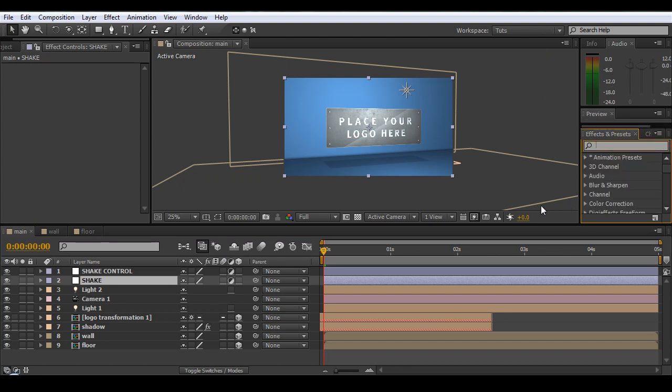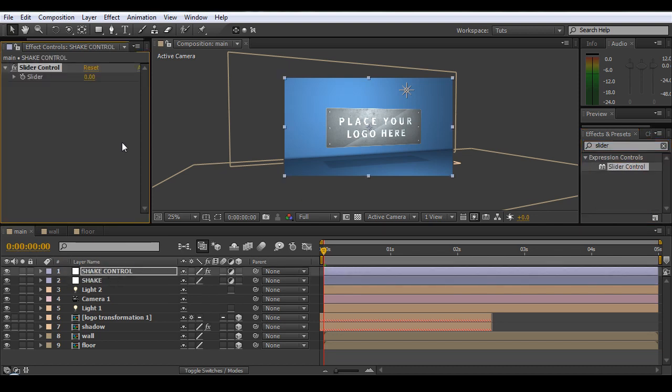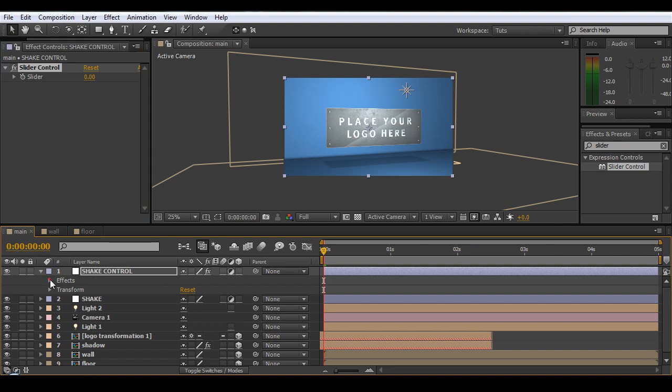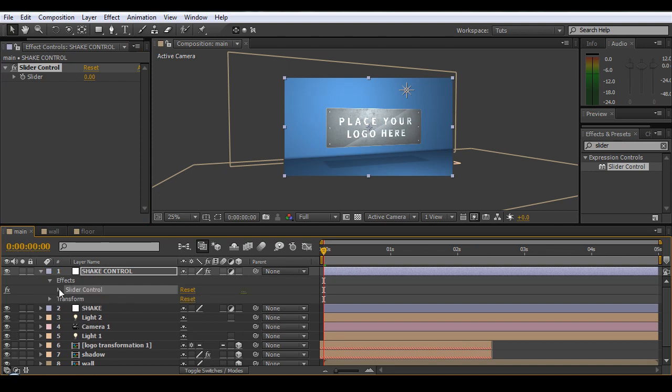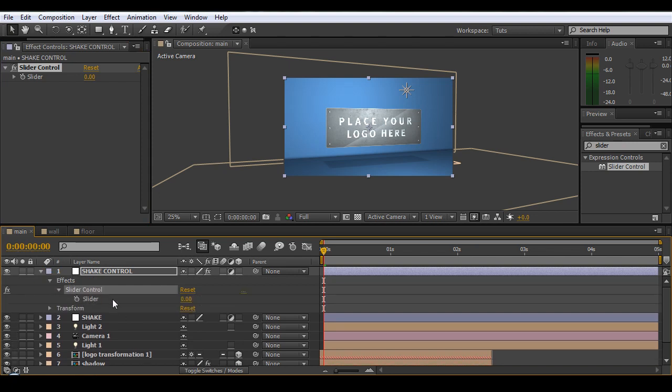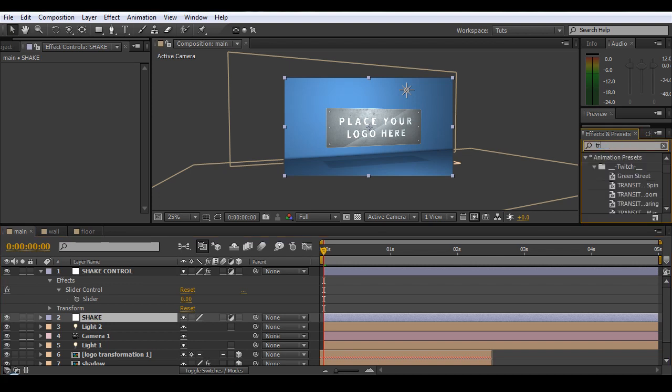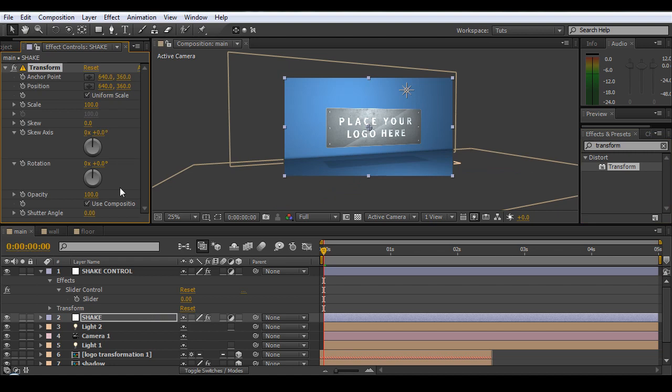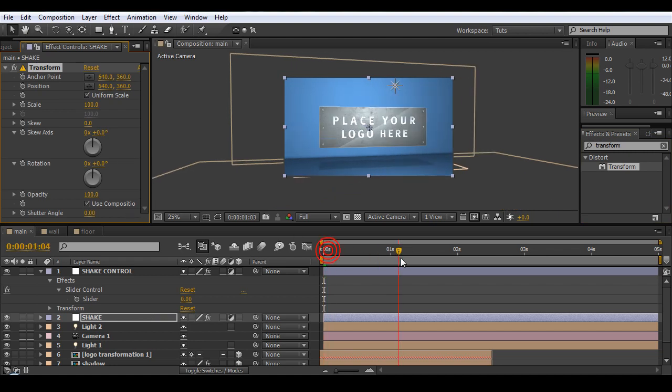This is just the way that I sort of come up with. So we'll add a slider control to the top one here, which is shake control, and just twirl it down so you can see the slider control value here. And here we're going to add the transform effect. Pretty cool effect, this one. Probably a bit underused, but really handy. Now we only want it to shake when it starts to transform, so let's crop